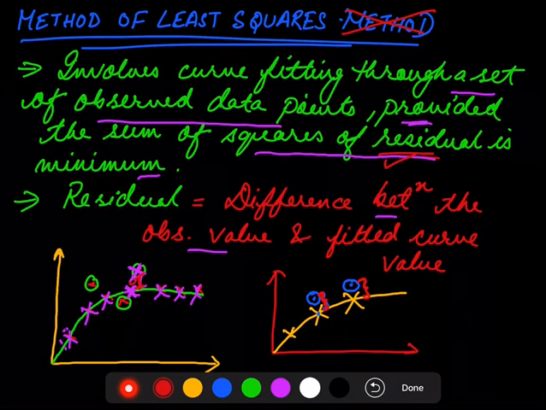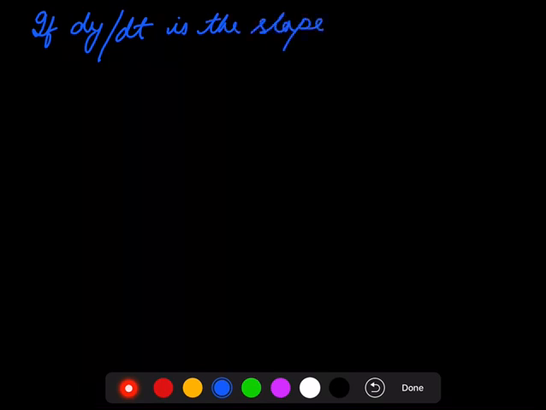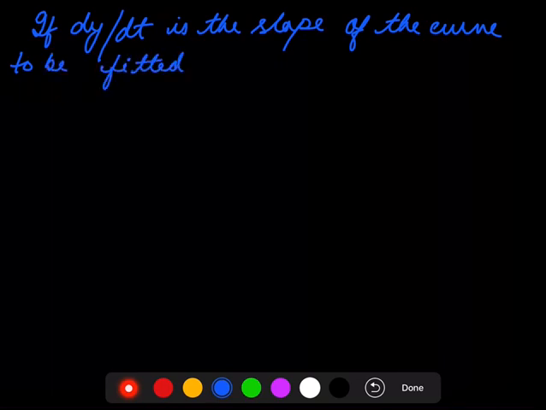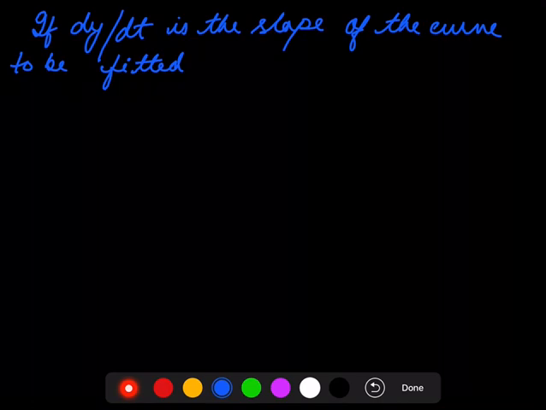Okay, so moving on, remember one thing here, which is if dy by dt is the slope of the curve to be fitted through the data curve,